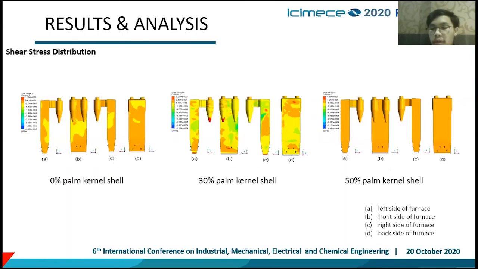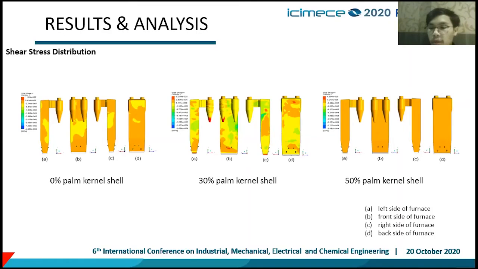The next one is shear stress distribution. Same as the previous one, we only give 3 simulations, but actually we have several data starting from 0, 5%, 10% until 50%. We have 4 points of observation: left side of furnace, front side of furnace, right side of furnace, and last one the back side of furnace. So from the picture,